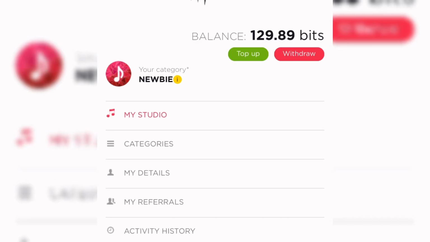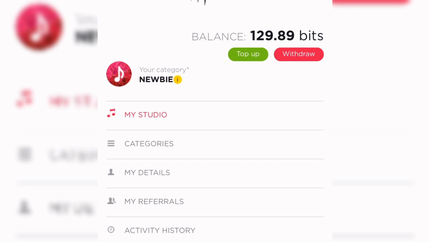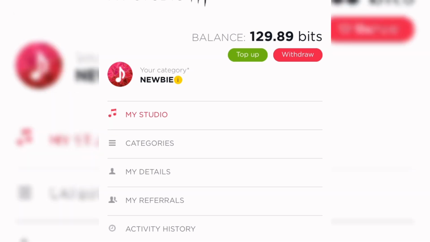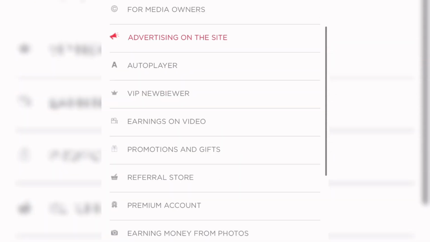So right over my account, I have 129.89 bits, and this platform promises to give access to withdrawals once you get up to 1 bit using your payer account. So right in this video, we are going to be seeing if we can withdraw this money or not. But before I go ahead placing a withdrawal on my account, let me quickly remind you that this is